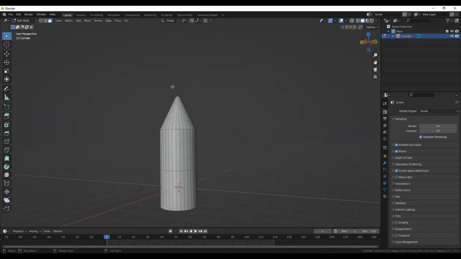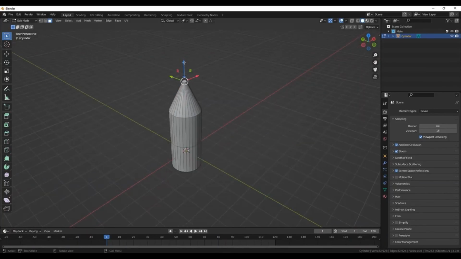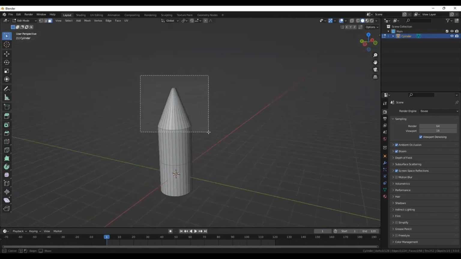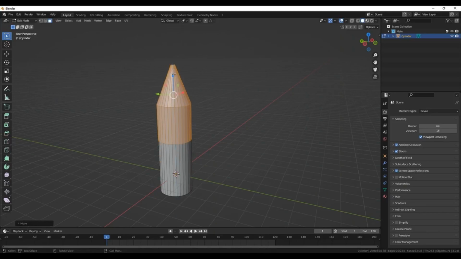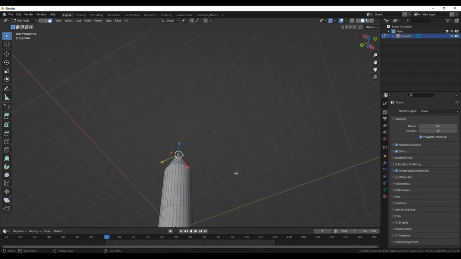the rocket. And if you want, you can select the face, bring it upwards a bit till you like it. You can also bring these upwards to make it look a bit taller. And now let's go to the bottom of our rocket